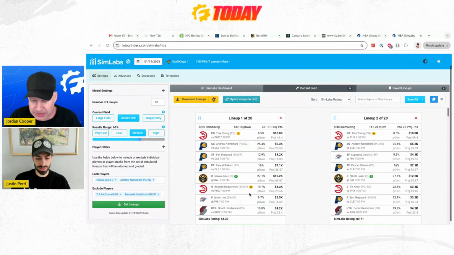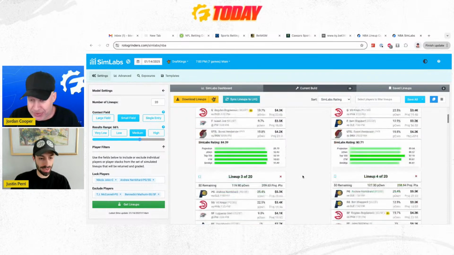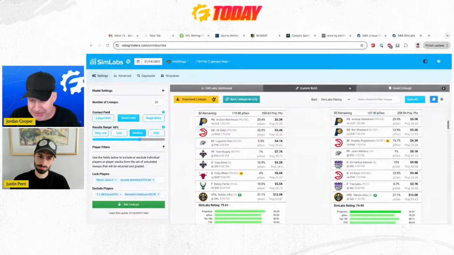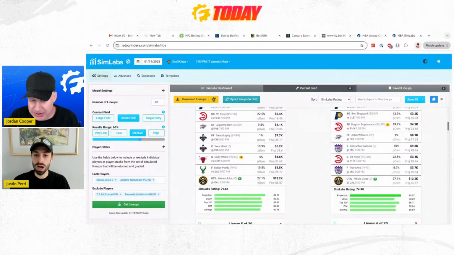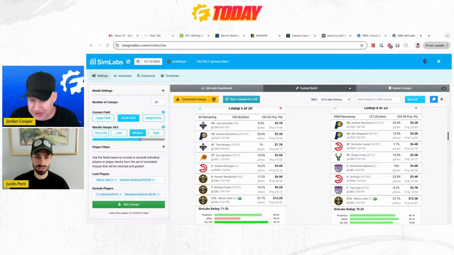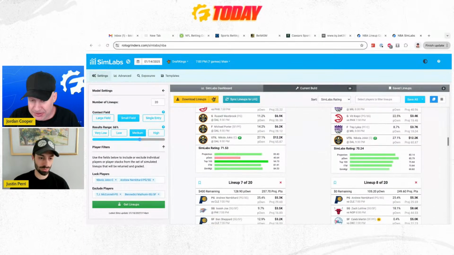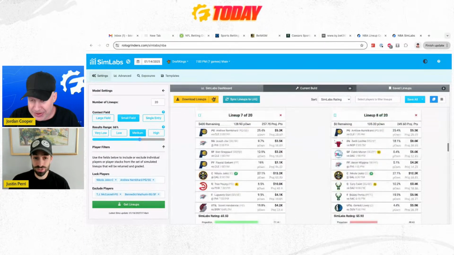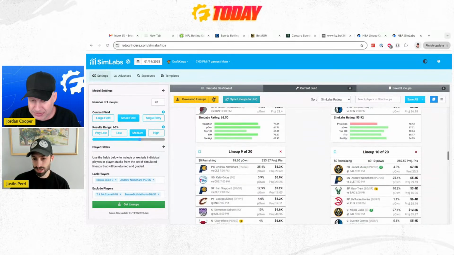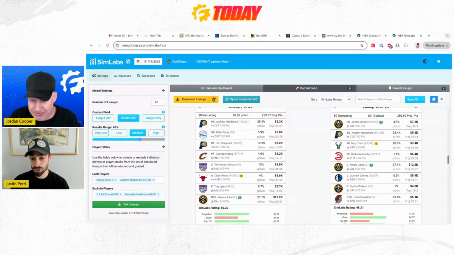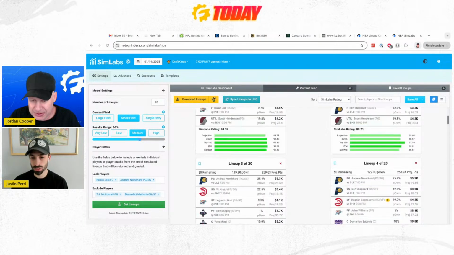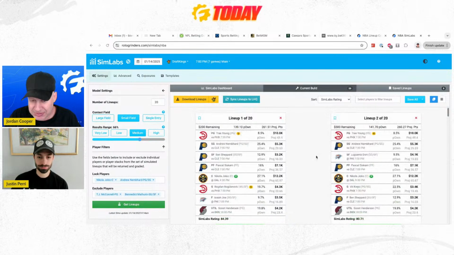I don't know. Let's see. I think we're projecting him right now. But no, I think this is definitely a spot for him that we like. He gets into a bunch of these lineups when I'm using SimLabs too. So based on what I'm seeing and the understanding of how this team might very well go out there and play, I think he's definitely the better projection. And also, even though you're paying $600 more, I think the ceiling's a lot higher.